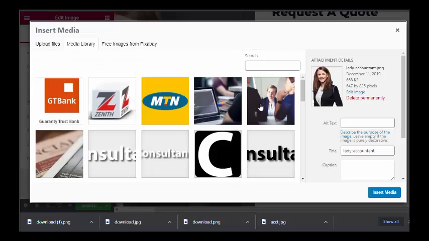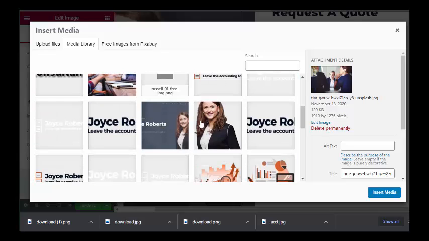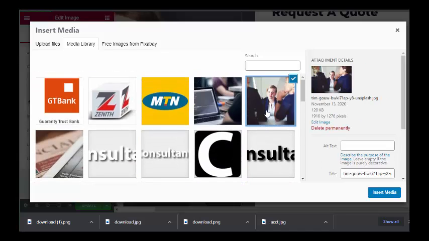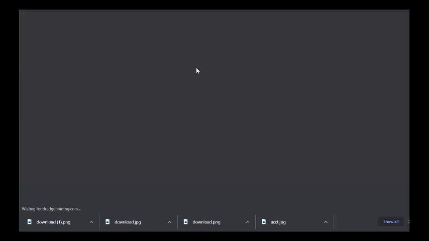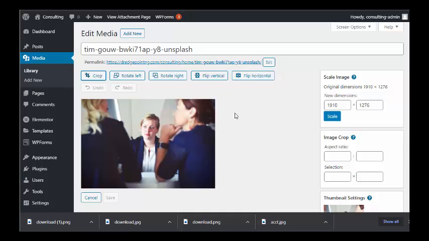Can just go and change. This is 647 by 825. So I'm going to edit any image, crop to around this size. Let me use this. But remember, it's 647 by what again? 647 by 825. So I'm going to edit it to be around that particular image size. 647 by 825. I'm going to crop,